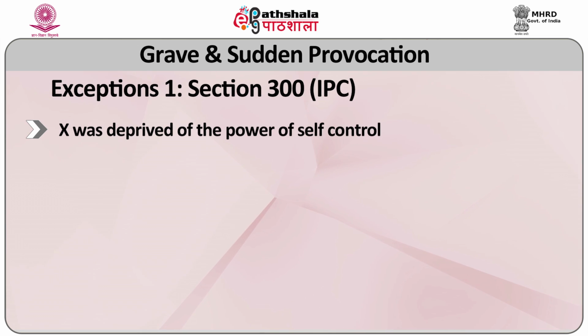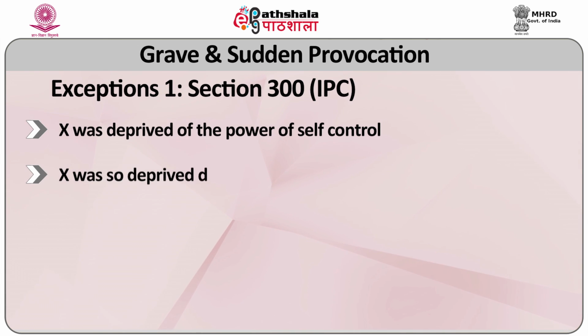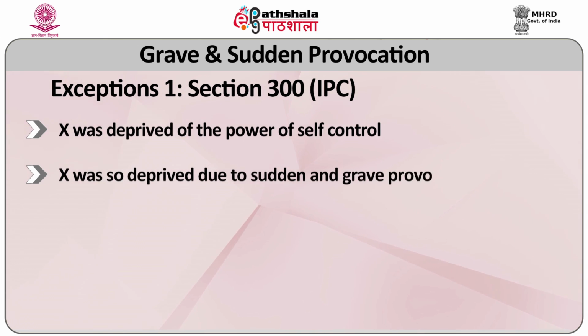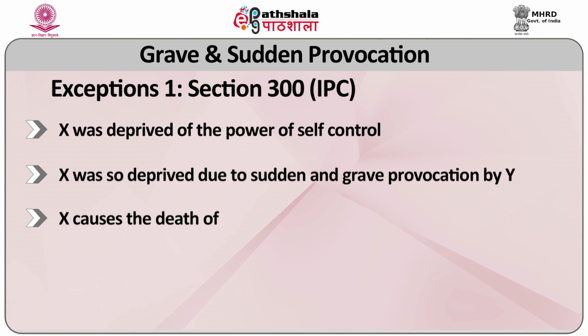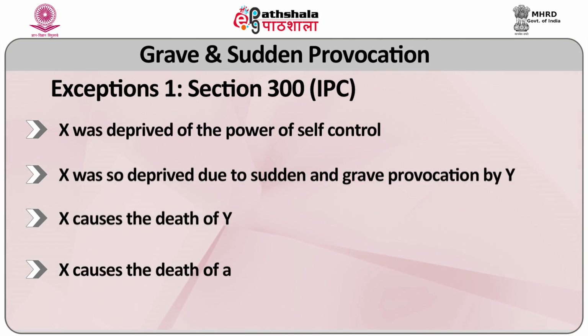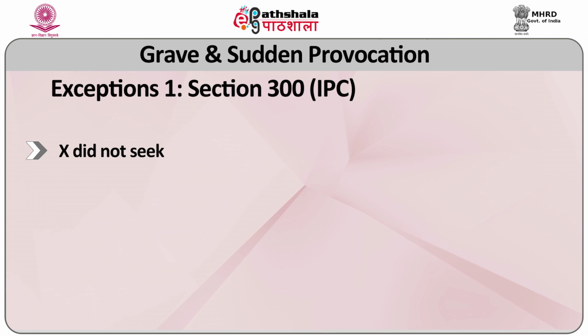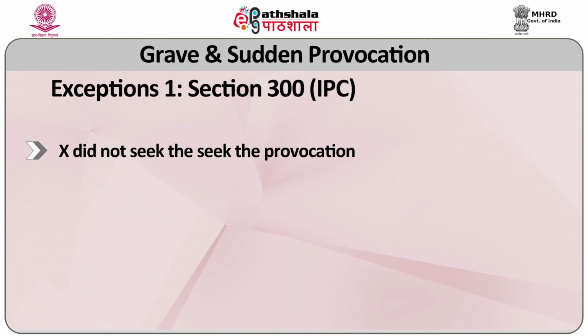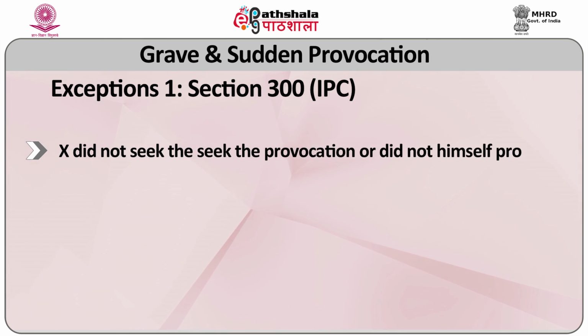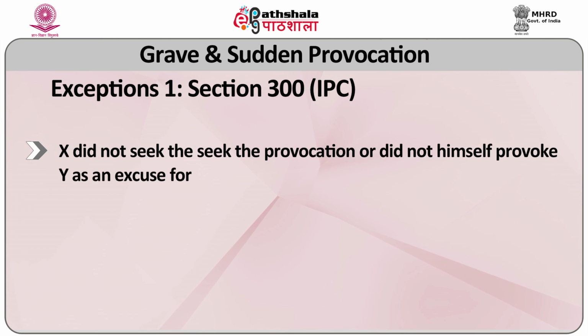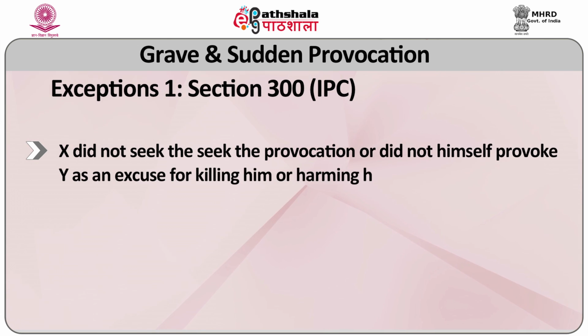X was deprived of the power of self-control. X was so deprived due to sudden and grave provocation by Y. X causes the death of Y, or X causes the death of any other person by mistake or accident. X did not seek the provocation or did not himself provoke Y as an excuse for killing him or harming